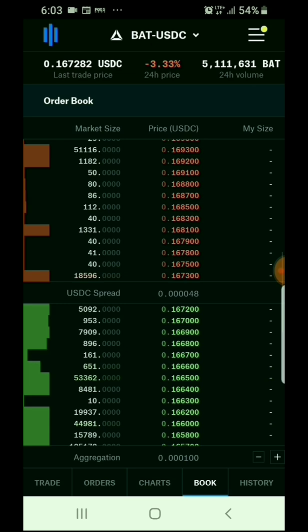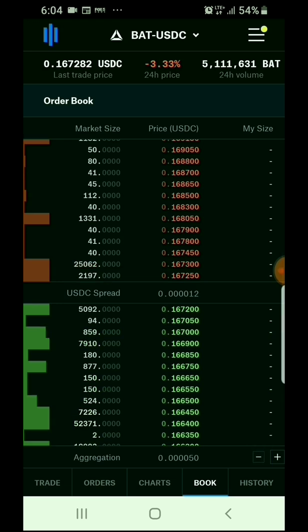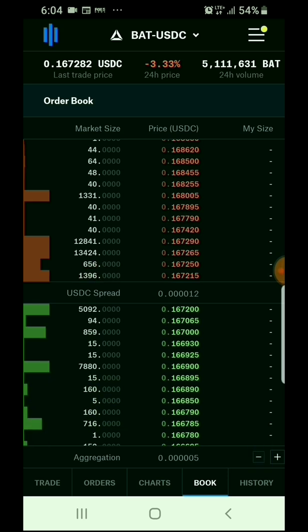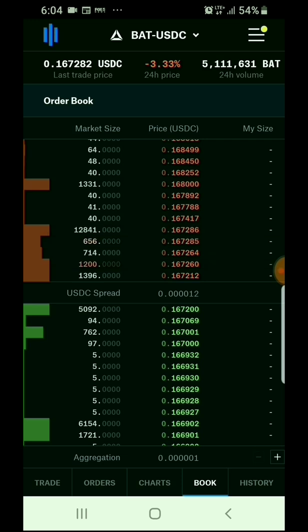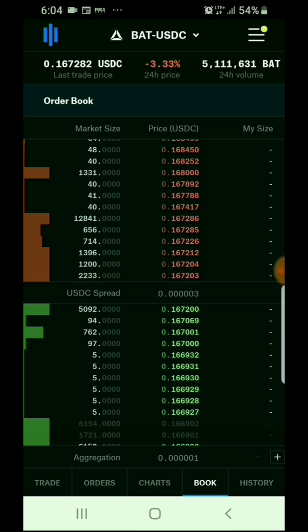Now, as you can see, it's at 100, and now the numbers changed by 100. So you'll see there's no 700, but there's 7,200, 7,000, 69, 68, 67, 66, 65, because the aggregation is at 100, okay? And the same thing happens when I go by 50. You see the numbers change by 50. And when I come all the way down to 1 being the lowest, the numbers all increase or change by 1, okay? I'm looking at the third column, this column right here, okay?